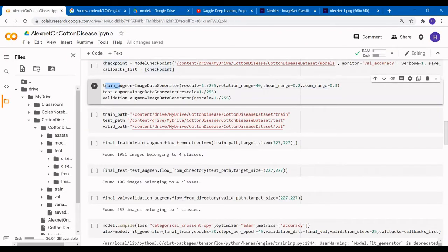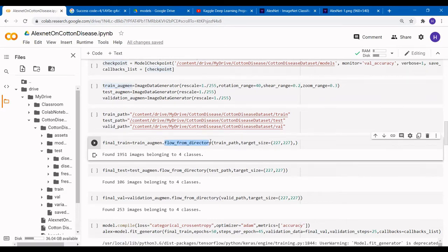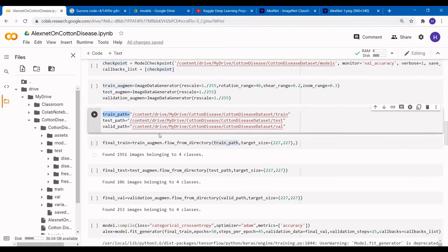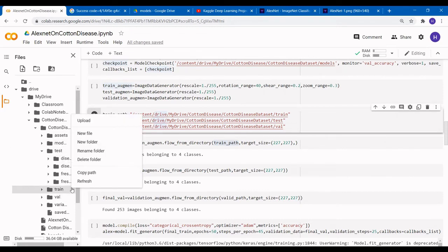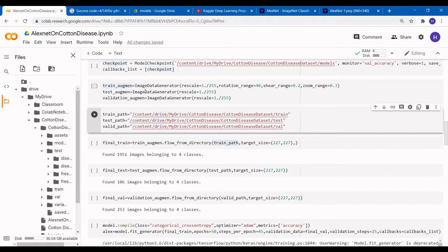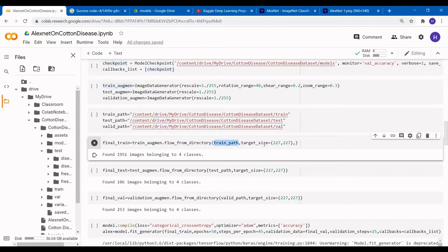With the help of these variables, we use flow from directory. Here we are just providing our train path. For the training path, you just click on your train folder, right click on it, and copy the path. It is the same path we have taken. We have given the target size.